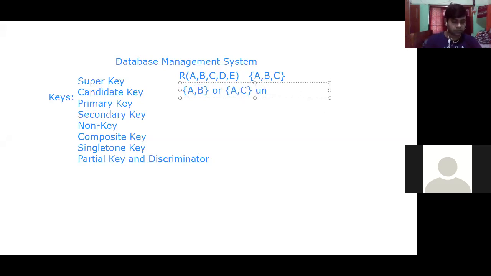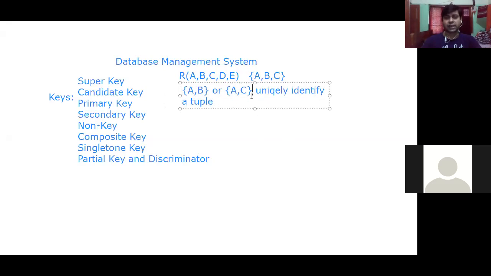That means they uniquely identify a tuple. Okay. So if it can uniquely identify a tuple, then this is called a candidate key. Now, out of these 2 sets of candidate keys, and there could be more than 2, let's say there would be 5, 6 candidate keys as well,